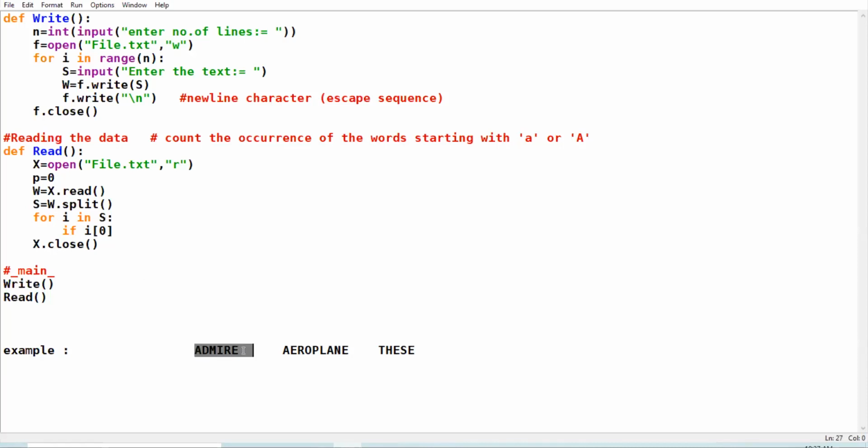Make indexing in this word. 0, 1, 2, 3, 4, 5. 0, 1, 2, 3, 4, 5, 6, 7, 8.